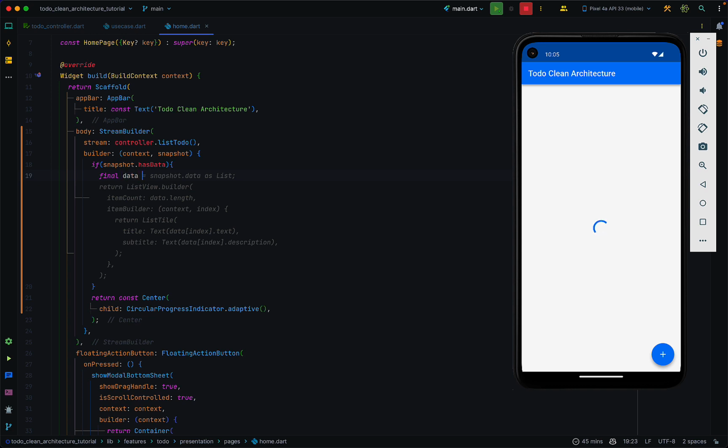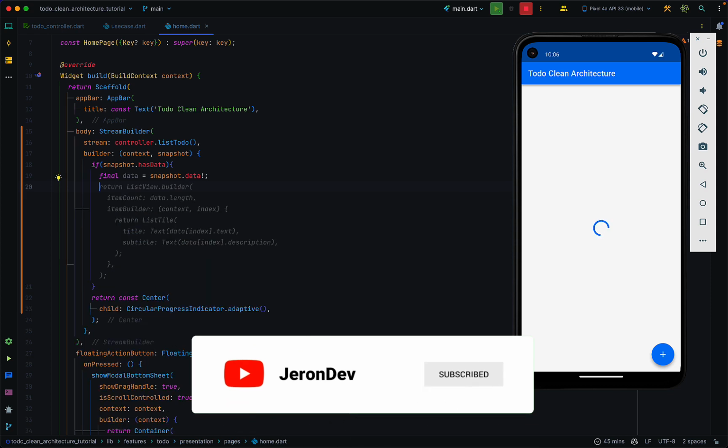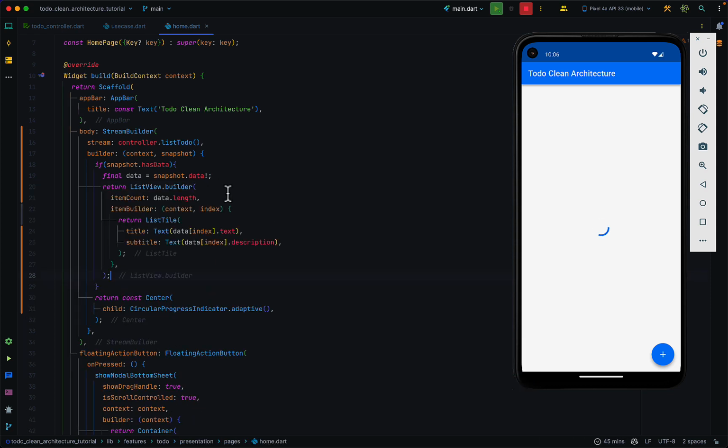So our data is going to be snapshot dot data, and this data is going to be a list of to do which is nullable. But then when we have the data, we are 100% sure we are going to have a list of to do. So I'm going to use the null assertion operator, and then let's return a list view builder, right, which takes in the item count, which is the number of to do's we have. So we can rename this variable to do's. Yeah, so the item count is going to be the number of to do's we have, and then